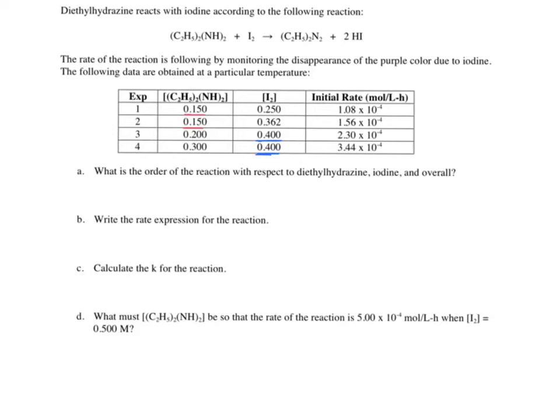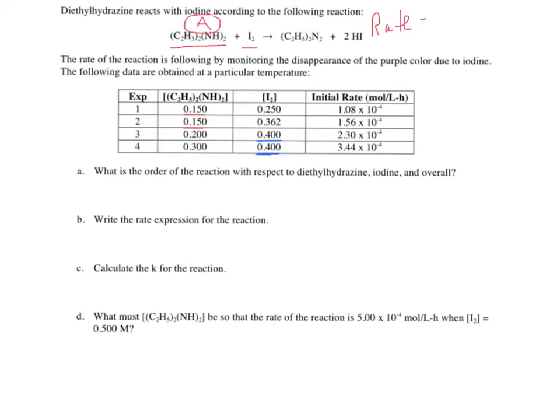In this video, we're going to look at two examples where we have more than one reactant. You'll see that diethylhydrazine is reacting with iodine. So the general rate law for this will include both of those things. To save time, I'm going to call this thing A, so I don't have to write out that formula